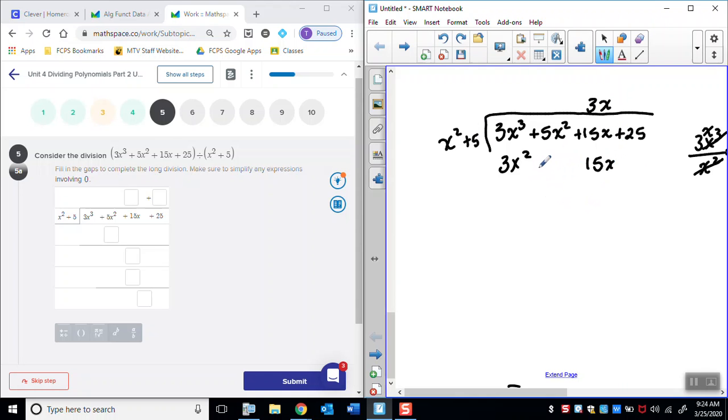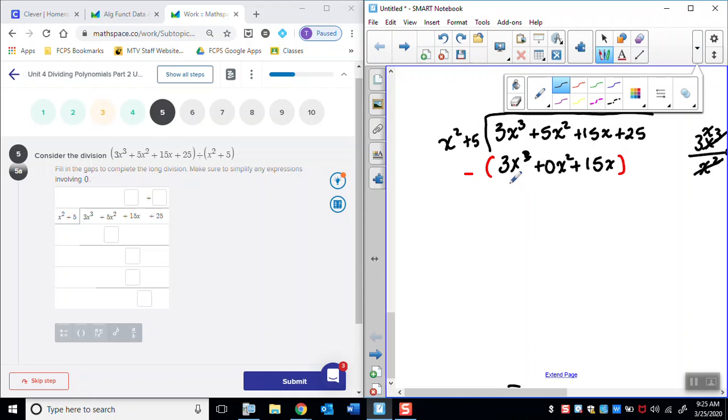Well, what do I have here? Nothing. So I'm going to put a 0x squared, and put a plus because it's positive 15, just to hold its place, so that when I am subtracting it out, this was 3x cubed, I won't lose the x squared term. I put a 3 here because x times x squared is x cubed. So now we're going to subtract these